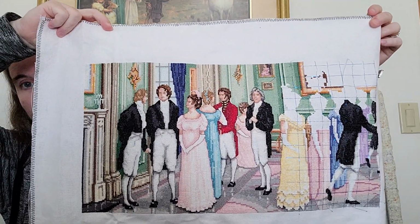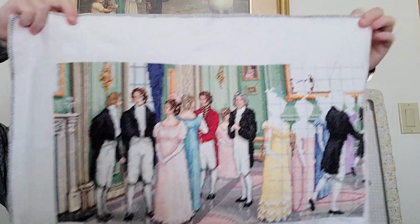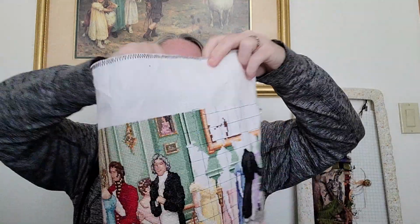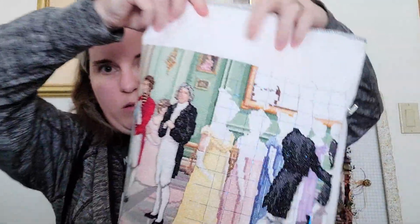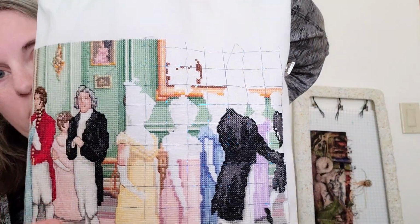So pages 1 and 2 are done. Backstitch is done on those pages. I haven't done any of the backstitch yet on page 3. So what I did this week, those 900 stitches,